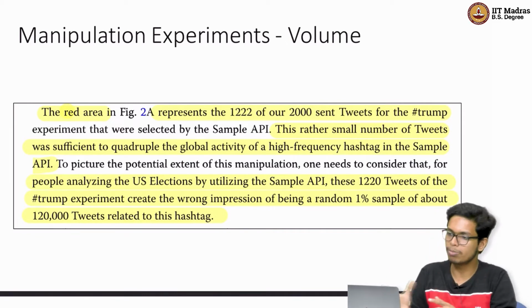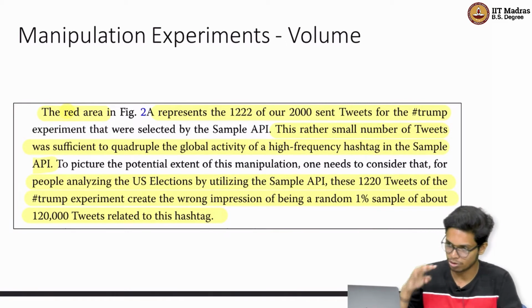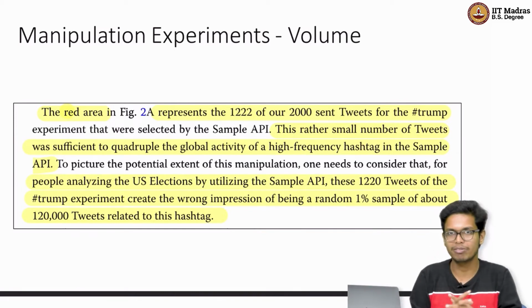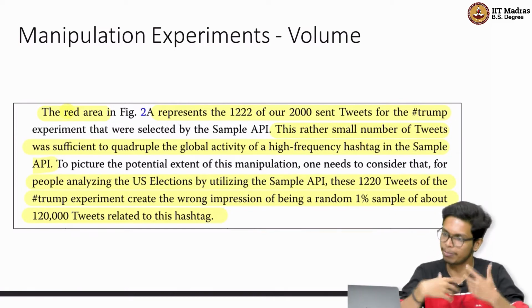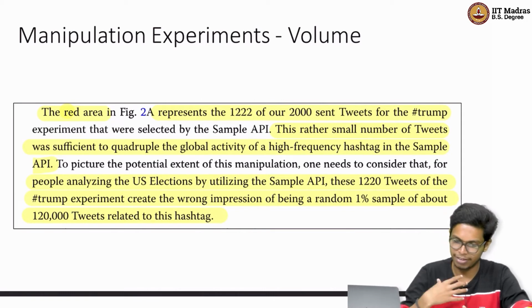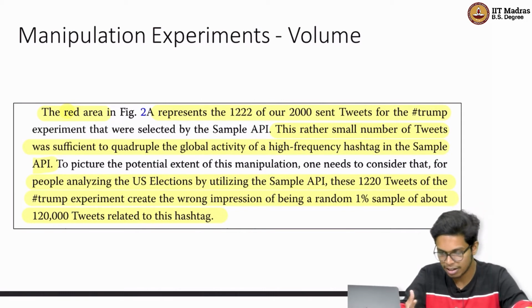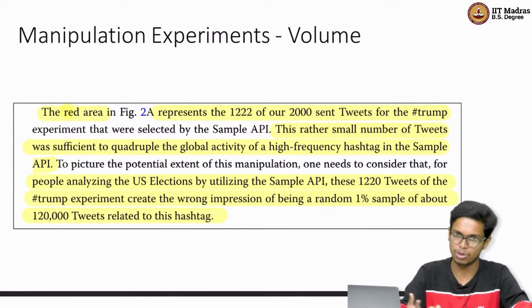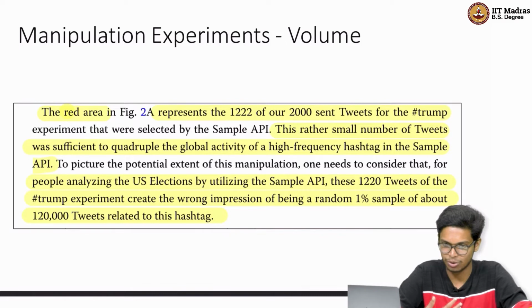This rather small number of tweets were sufficient to sort of quadruple the activity of a hashtag like hashtag Trump, right? And this gives you a very wrong impression of the activity happening on Twitter. If I'm able to reverse engineer this millisecond timestamp hack, I can manipulate any analysis that you want to do. Let's say you want to conduct an analysis for the upcoming Indian elections, 2024,